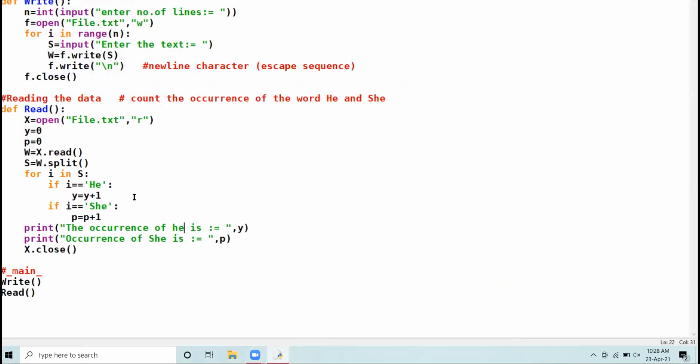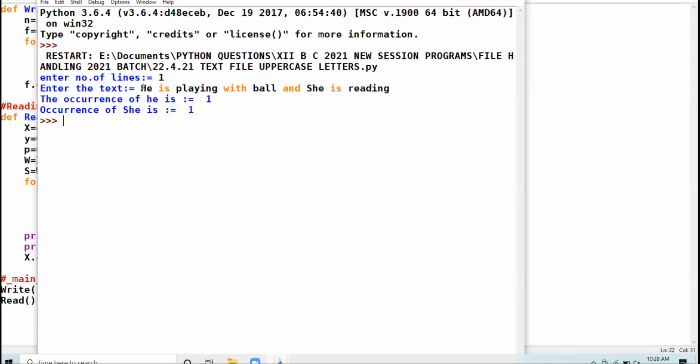We have i equal to he, y plus 1, i equal to she. In the case of he, H is uppercase; in the case of she, S is uppercase. Clear? Separate occurrence of he and separate occurrence of she.